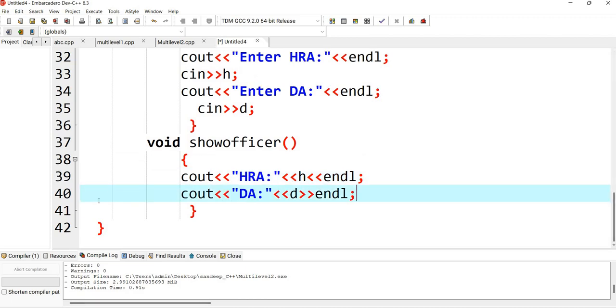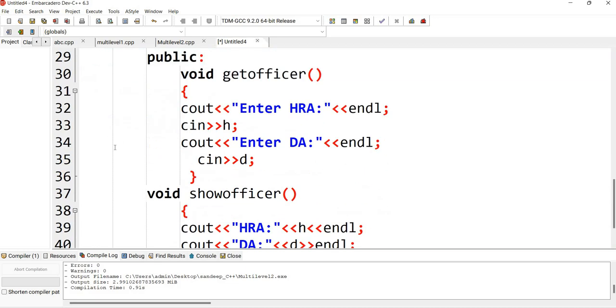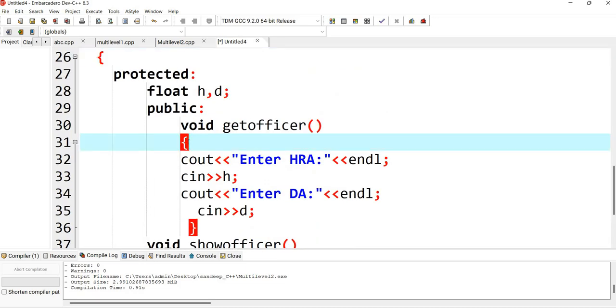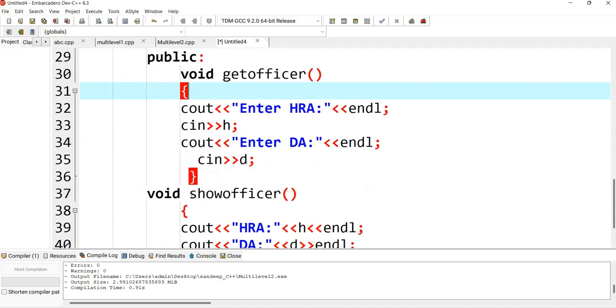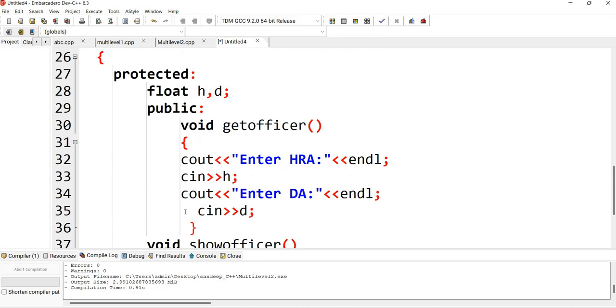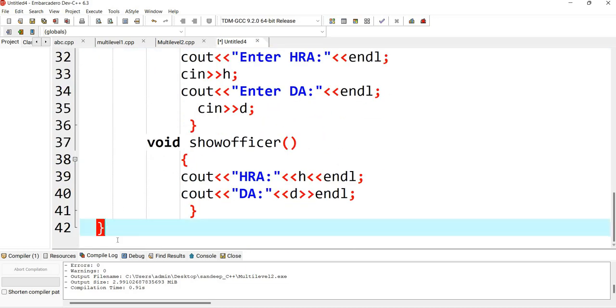This is the opening bracket of the class and this is the closing bracket of the class. Void get officer, opening and closing brackets, show officer, opening and closing brackets. So this is the end of this class definition, and I put the semicolon here.